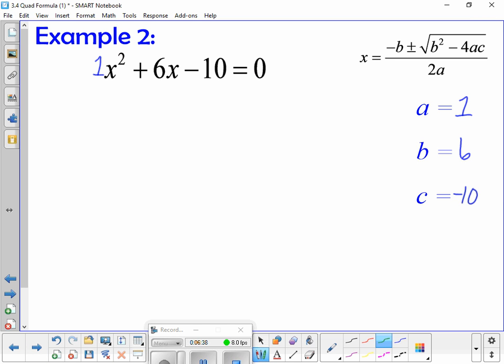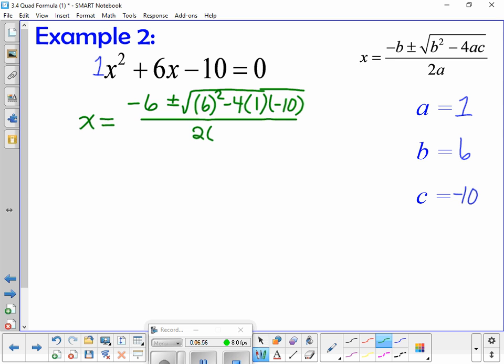So if we put those values into our formula, it tells us that x is equal to negative b plus or minus the square root of b squared minus 4ac, and that's all divided by 2 times a. You might have noticed I have been putting my b in parentheses. I almost always will do that just to be careful, primarily because if b is negative, it's really important that you have those parentheses, and we'll see one of those in a second,